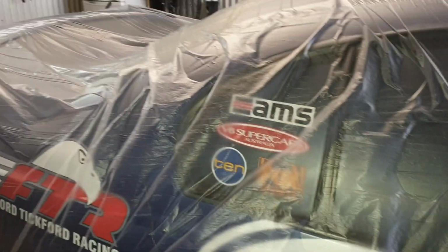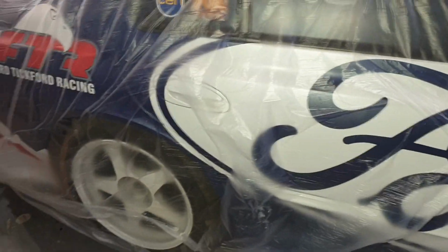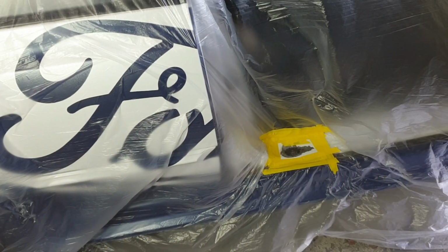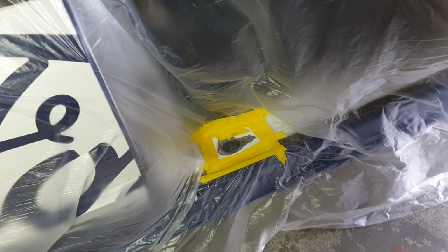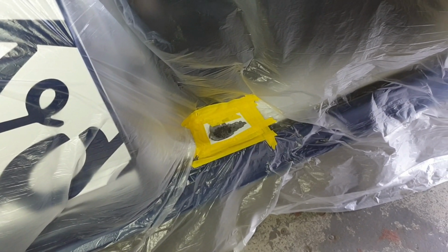So we bagged the car up now, so we want to try and eliminate the sand going as far as I've got to fix that little area because it's not quite right. But we got to try and eliminate as much sand getting anywhere in this car as possible, because he does care about this car a little. So yeah, we'll get this blasted, and then it's just a bit of filler and a bit of light sanding